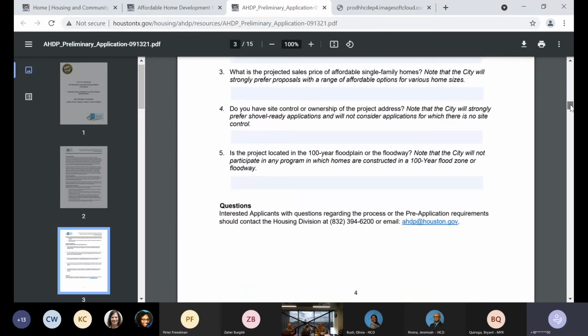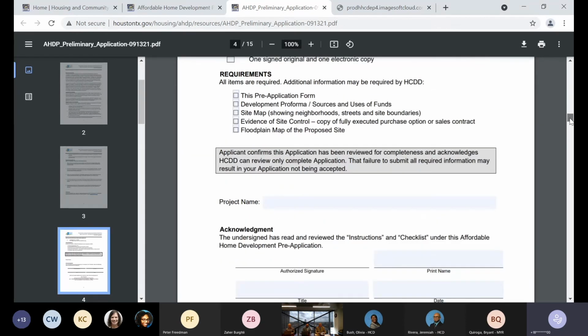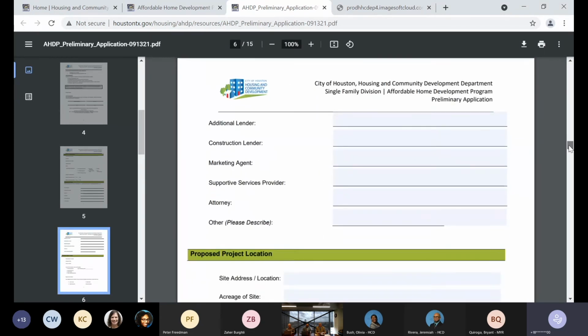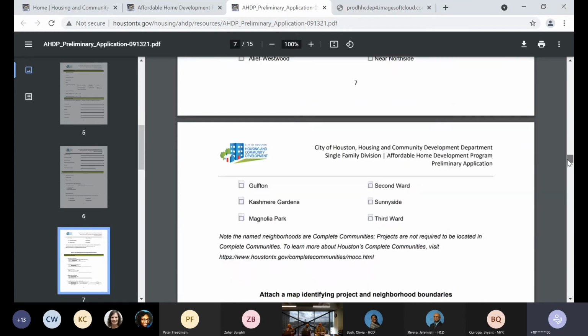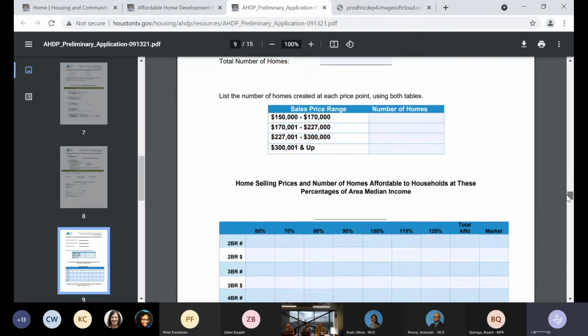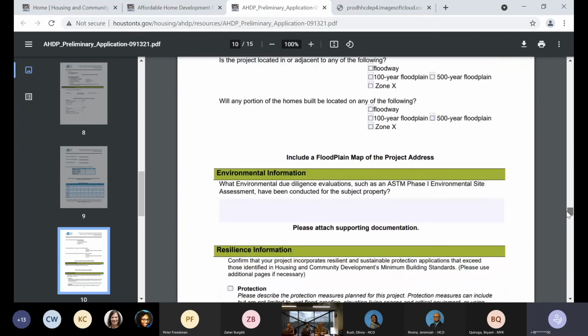I'm not going to go through all these questions because that will take some time, and we want to make sure we reserve a lot of time at the end for questions and answers. But these are the same questions we're asking you in the application portal. So it's our intention that you have this little PDF, that you're able to look at it, because this application portal,